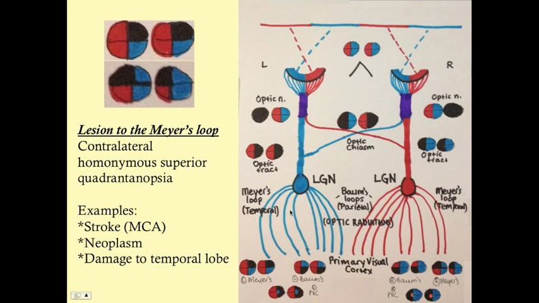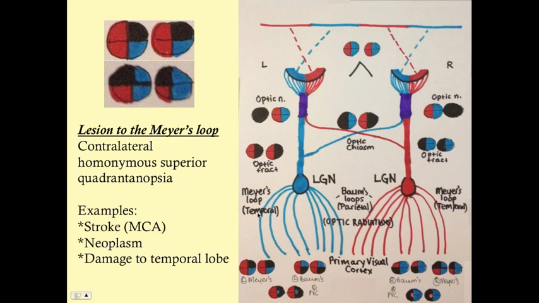So if you think about it here, our optic tract on the left side is containing all of our information from the right visual fields. Then it splits into Meyer's and Baum's loop. Meyer's loop contains just the superior half of those visual fields, and Baum's loop contains just the inferior part of